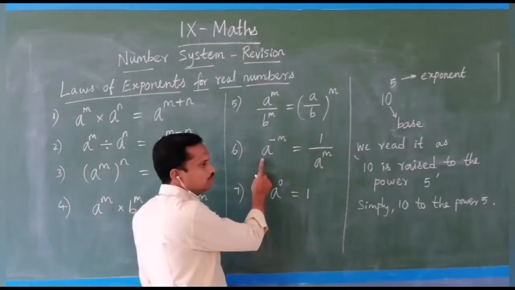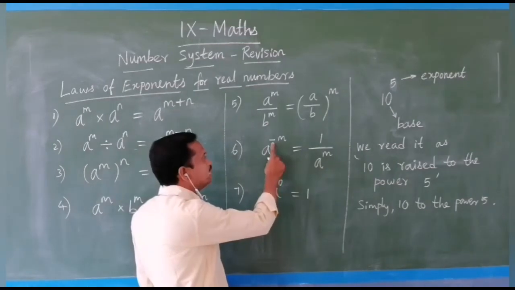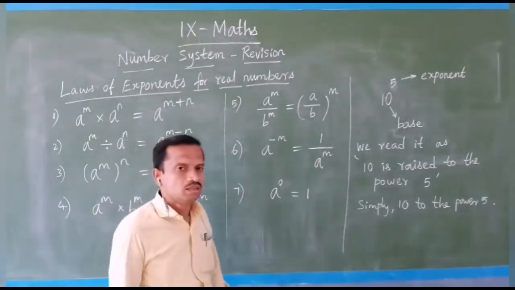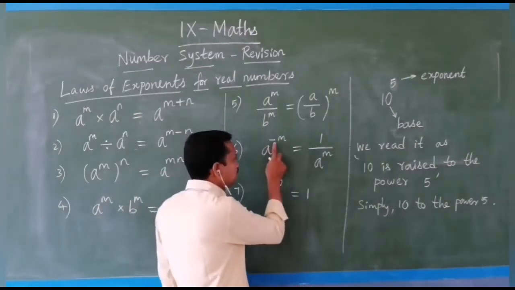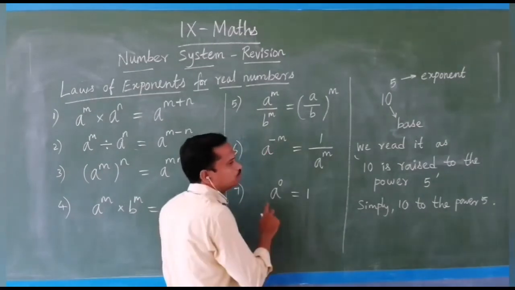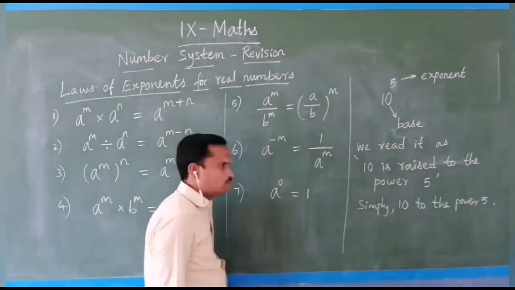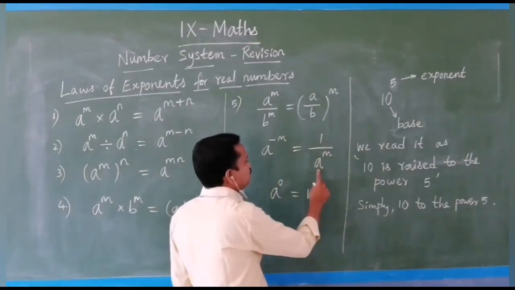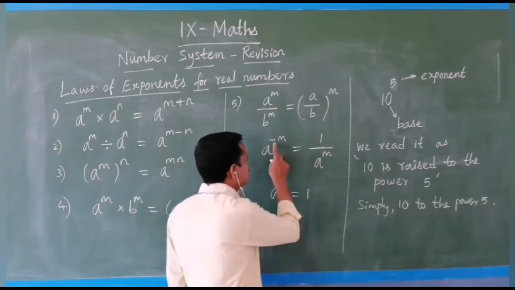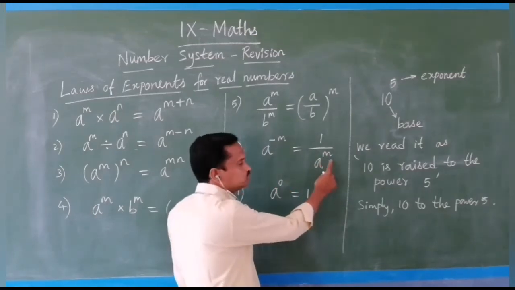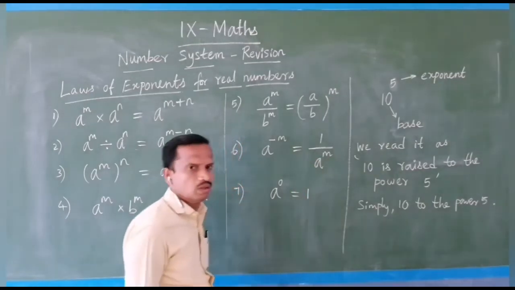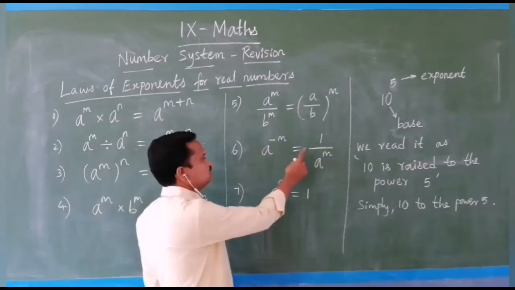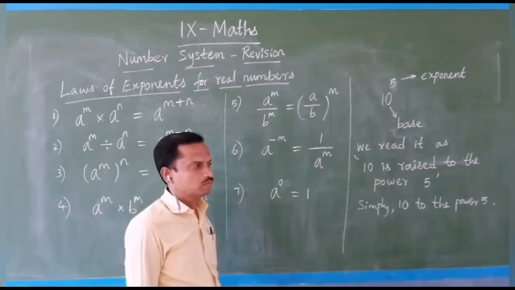The next one here, A to the power minus m. You see the base is A, the exponent is minus m. So that is the negative exponent. So far we have seen the positive exponent, but here it is negative. Suppose we want to make it positive, then you have to take reciprocal. Then you see here 1 by A power m. So the negative exponent is changed to positive. For that you have to take a reciprocal. Then the sign of the exponent gets changed. So A power minus m is equal to 1 by A power m.